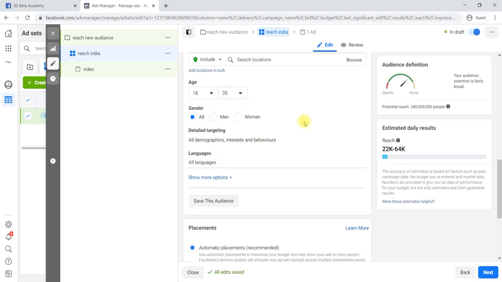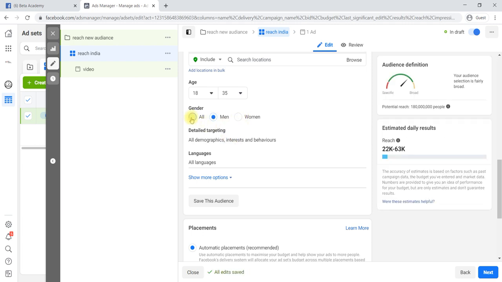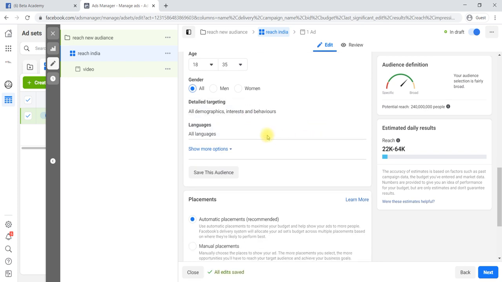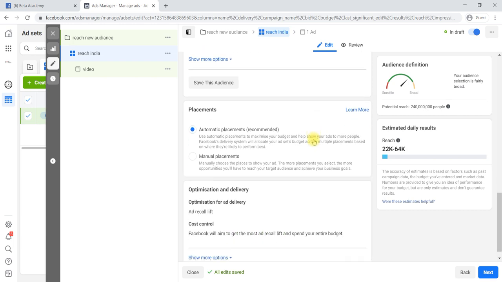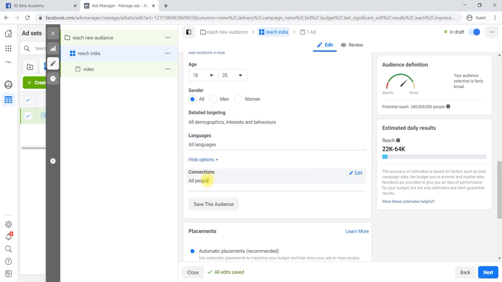A specific gender you can target, or all, like this. And if you would like to target on a behavior basis, you can edit behaviors here. Languages, specific language speakers. Okay, like this we can target, or we can go to any other audience we have, and that particular audience also we can select.